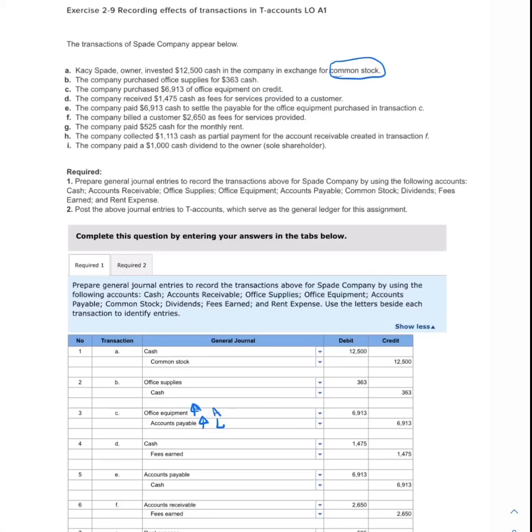So we received cash. Cash is an asset. Assets increase with a debit. And we earned revenue. So the fact that we have earned revenue means that that is an equity account, and equity is increased